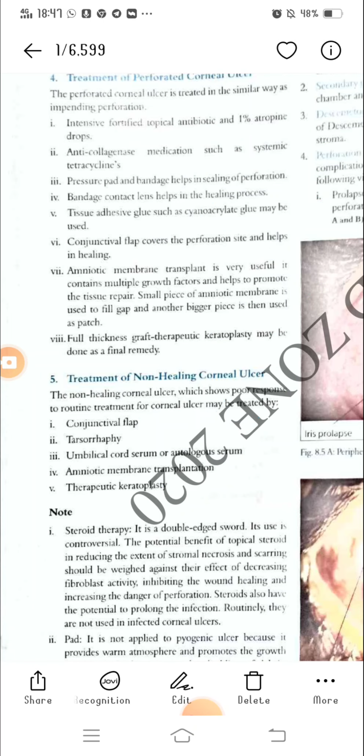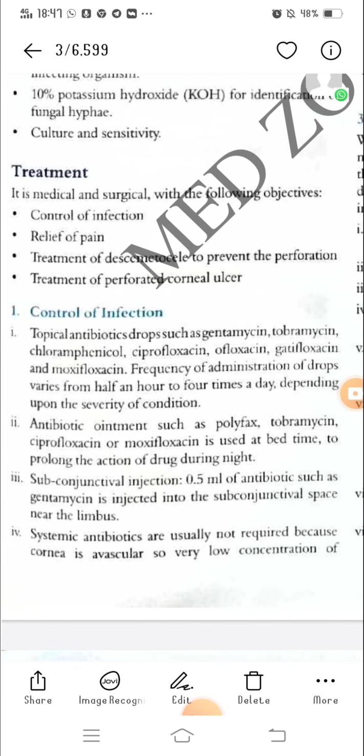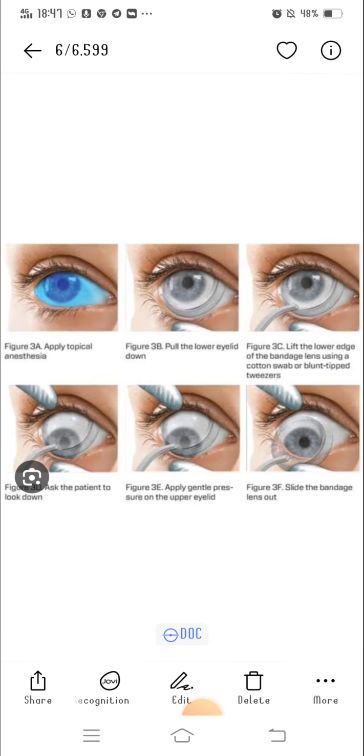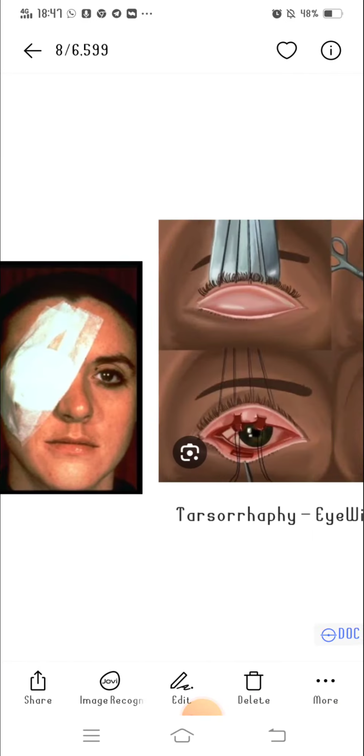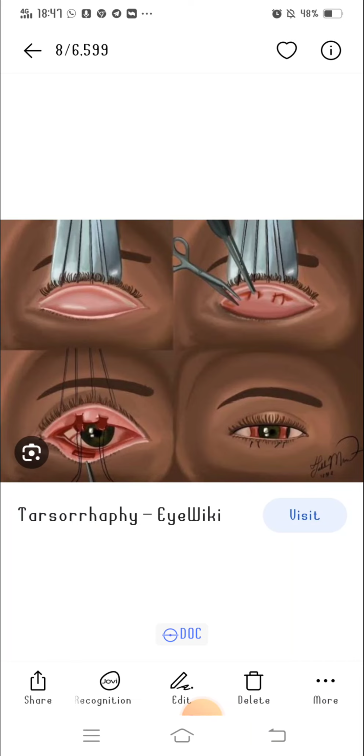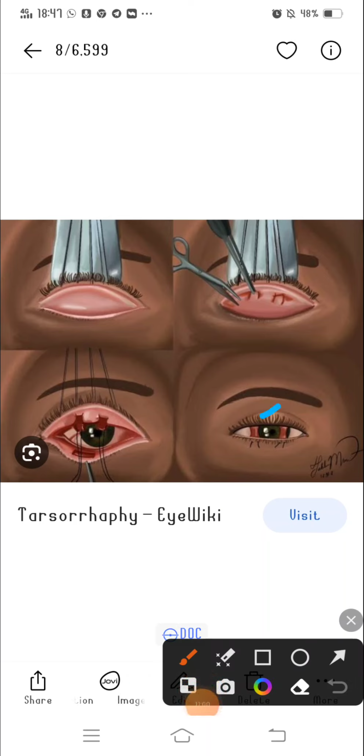Now, what is tarsorrhaphy? As you know, a bacterial corneal ulcer has occurred, and we have to protect it from the external environment. So what is done is that by doing a small or minor surgery, the upper and lower lids of the patient are put very close together in this way, so that the cornea of the patient is not exposed so much to the outer environment. Okay, like this, upper and lower eyelids are put very close together, so that the cornea is not exposed very much to the outer environment. So that was all about the